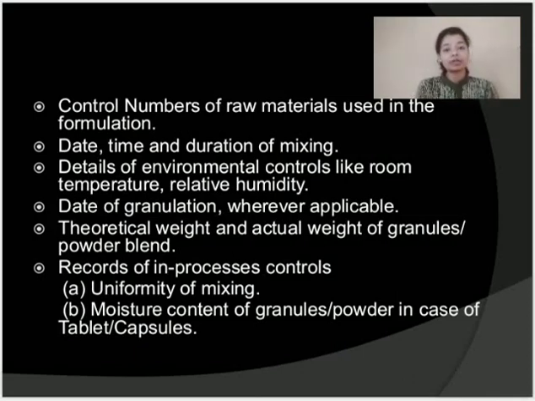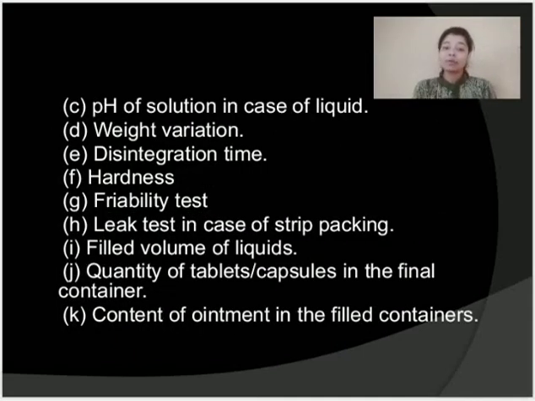then theoretical weight and the actual weight of the granules or the powder blend should be recorded and mentioned, then records of in-process control, right? During the procedure of manufacturing we record certain parameters, so the records of those in-process controls should also be recorded. For example, uniformity of mixing, moisture content of the granule should be documented,